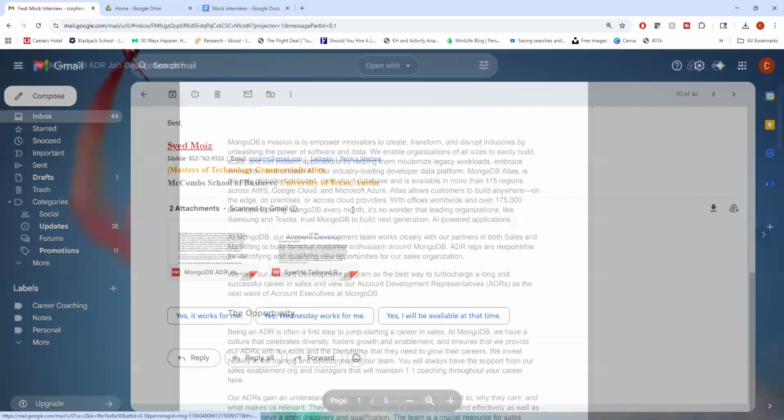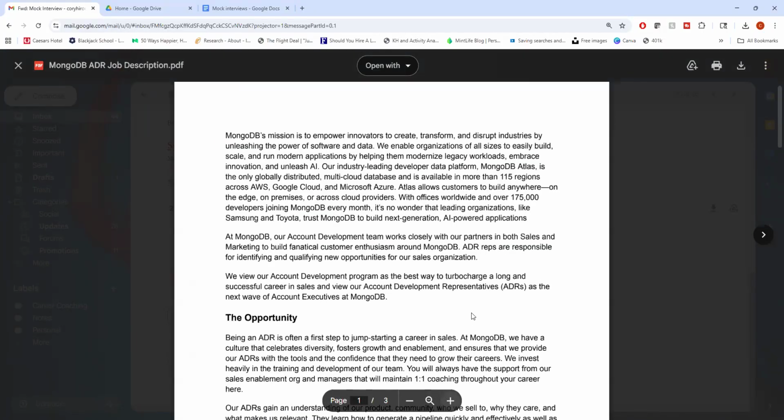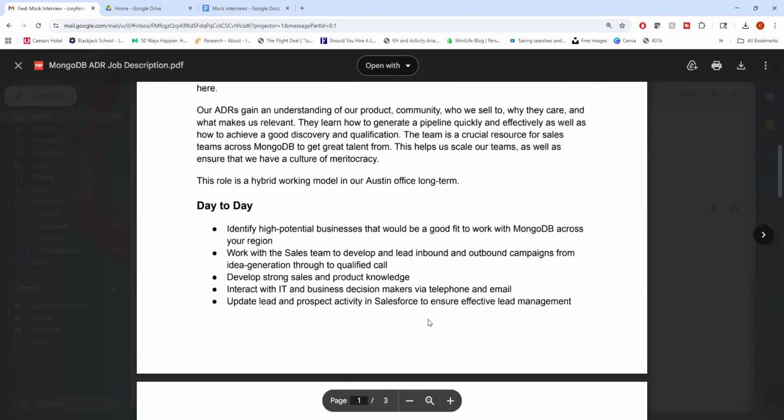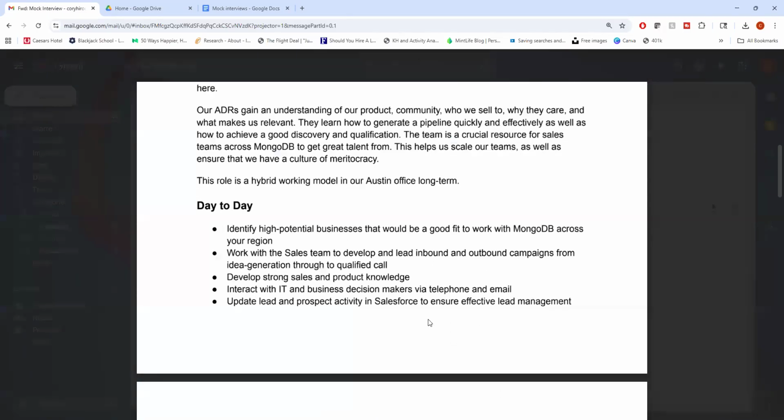And then today we are going to be practicing this ADR/SDR role at MongoDB. And the cool thing is he's actually currently interviewing, so we'll also probably get a little sneak peek of the kind of questions that he's been getting asked. So we can do a mixture of practice. We can go over some of the ones you've already been asked, and then we can go over some of my newer ones as well.